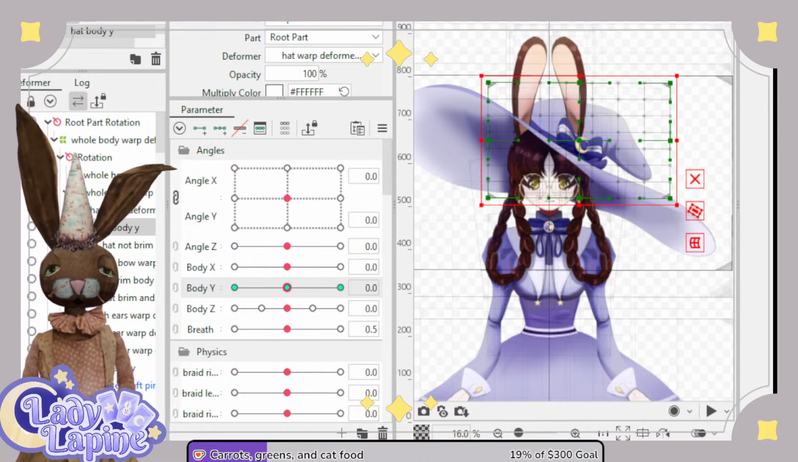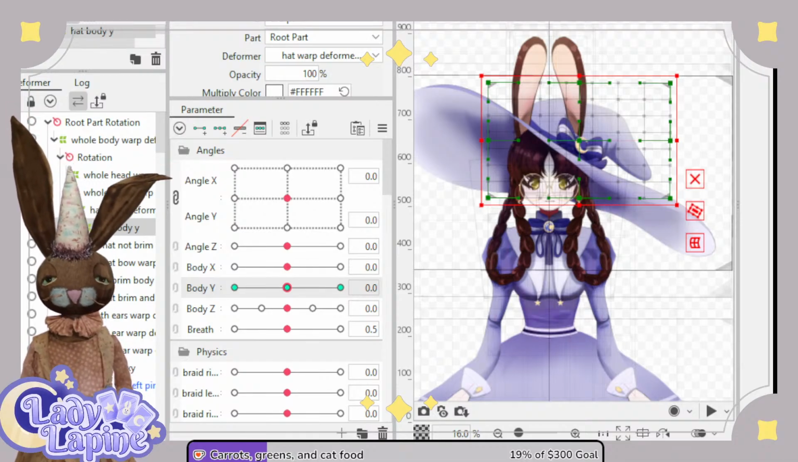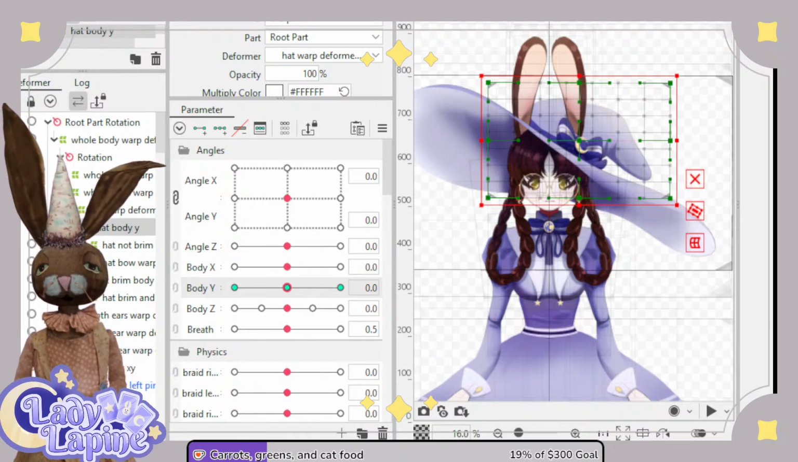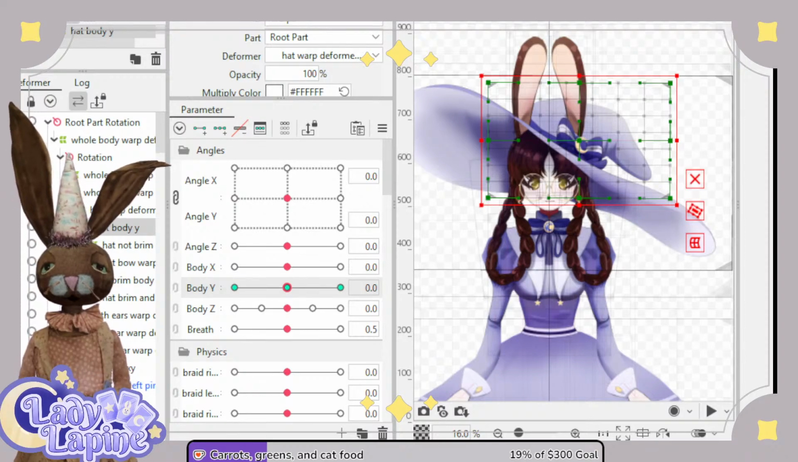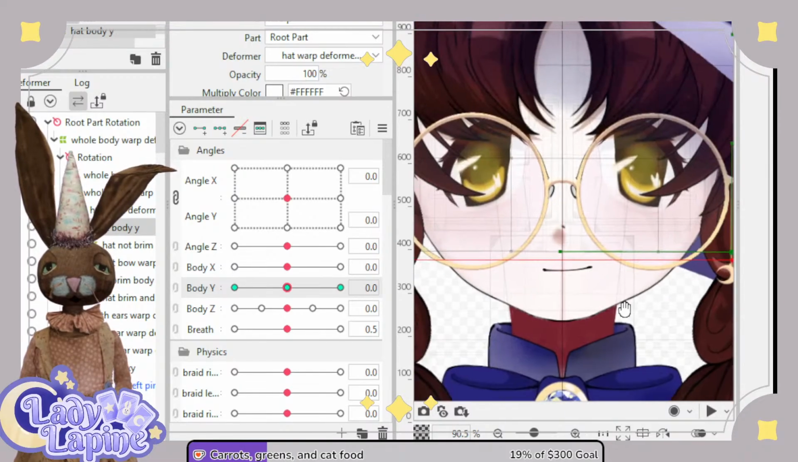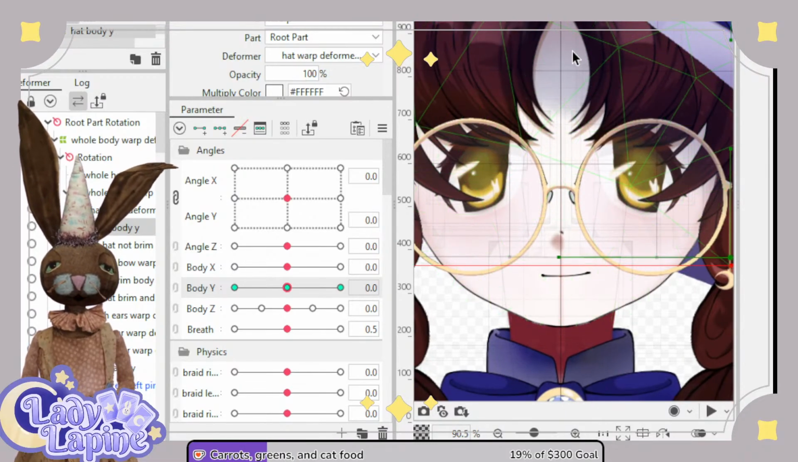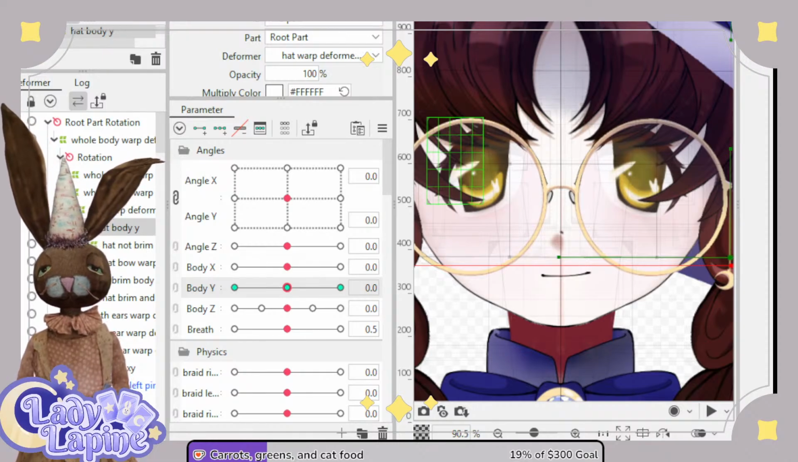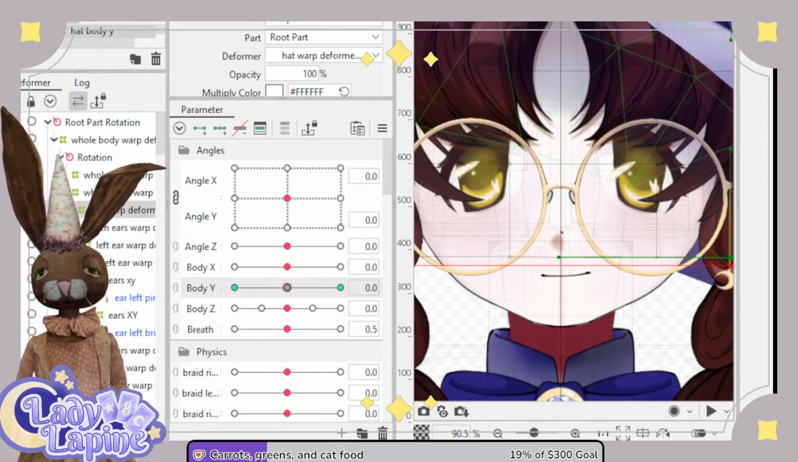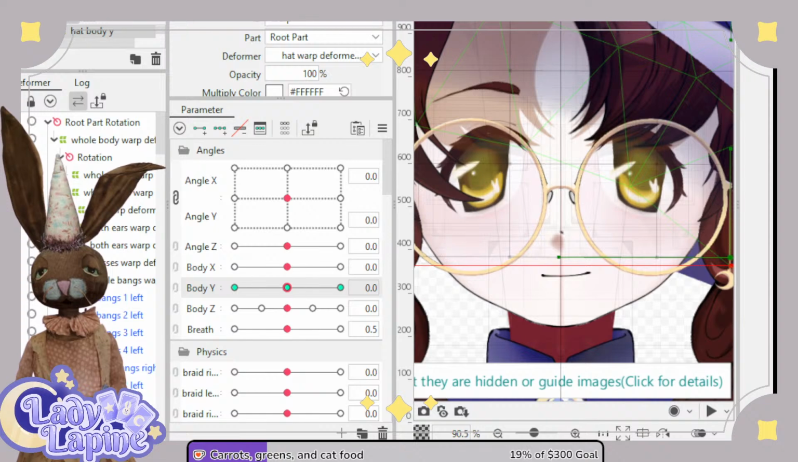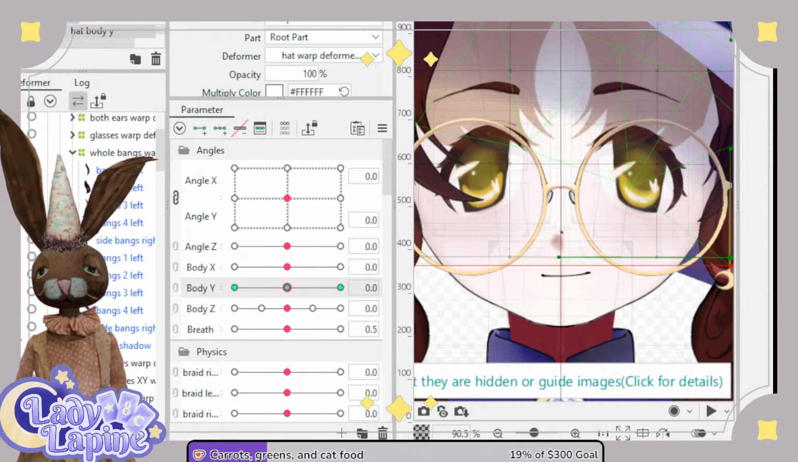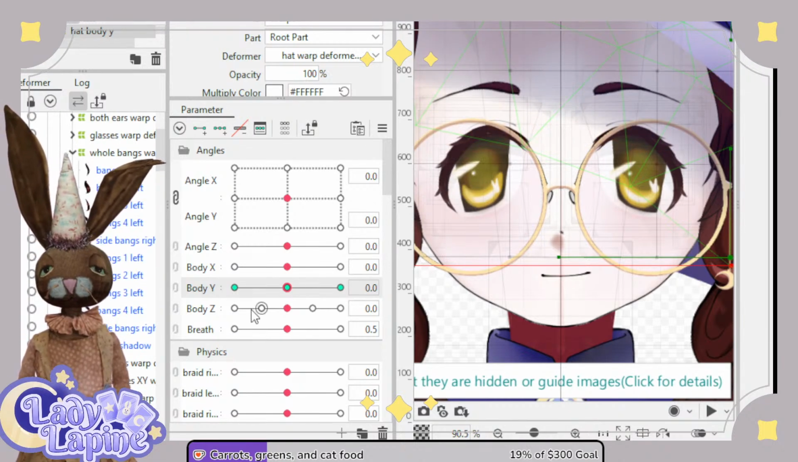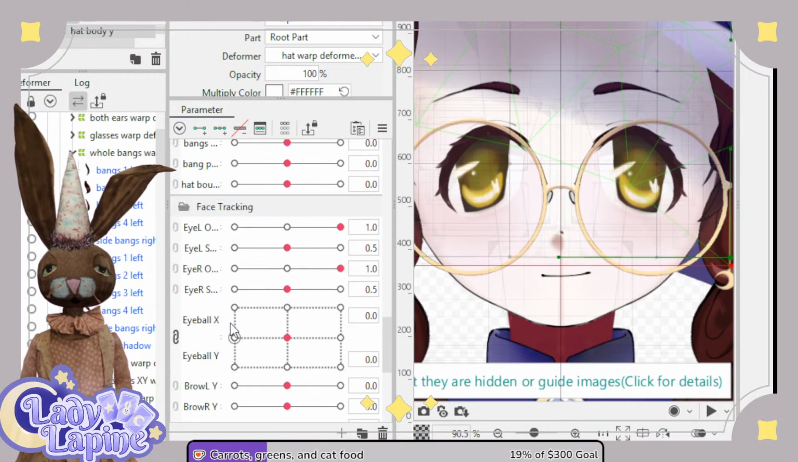So there's body Y looking way better. We wanted to add eyelash wiggles. Right. We were gonna do some eyelash wiggles. So let's get rid of these bangs so we can see stuff, because I know we're gonna play with brows a little bit more today too, because I had a feeling